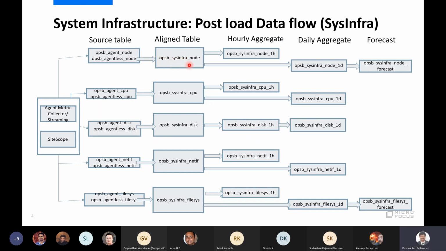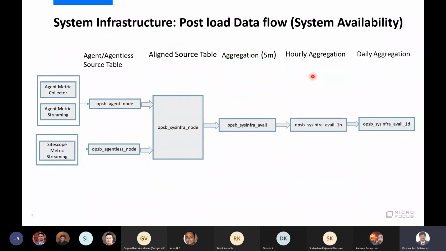It's straightforward: the data we receive from the source, we can handle using the state aggregation functions, and COSO will automatically take care of moving the data to the respective hourly and daily tables. But some of the data needs more transformation and alignment as per our requirement. So this is one of them, system availability.